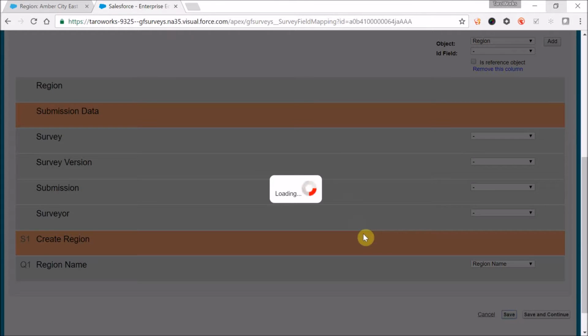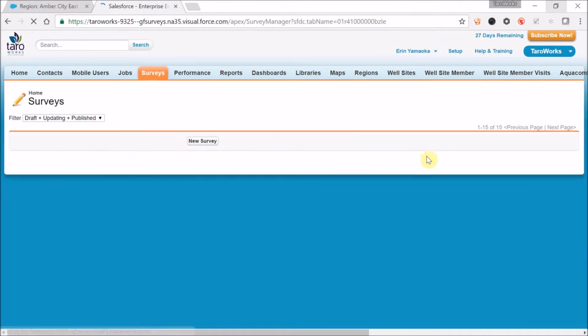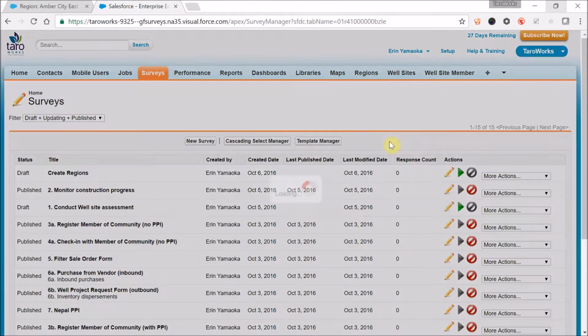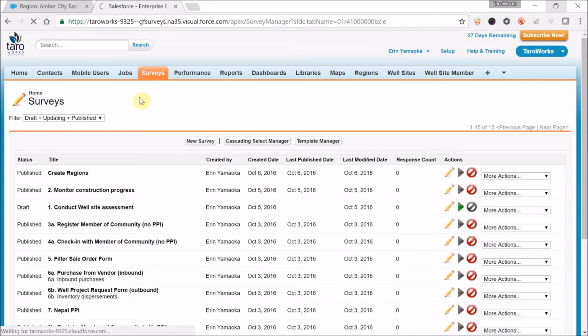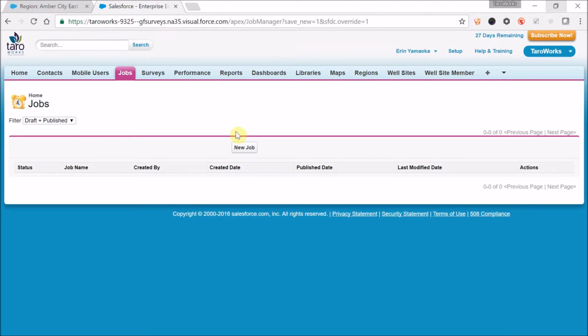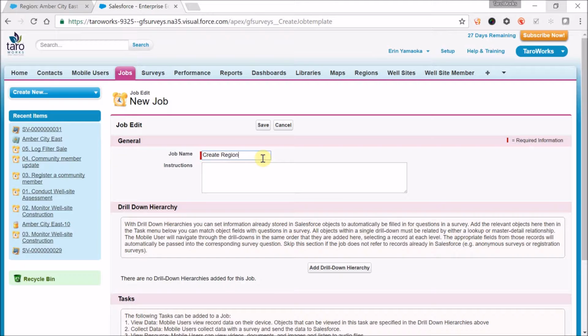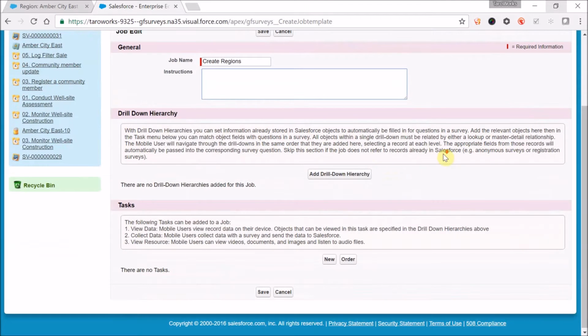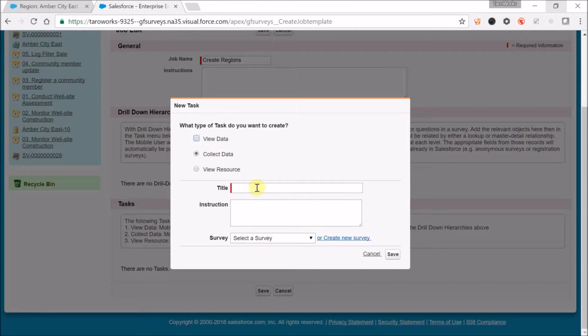We'll go ahead and save this survey and publish it. And then we'll create a job with a collect data task using this survey. Click new job. It's going to create regions. You can provide some instructions to the mobile user if we like. And the drill down hierarchy is a tool we are not using for this example, but we will come back to it later. Then we're going to click new so we can create a collect data task